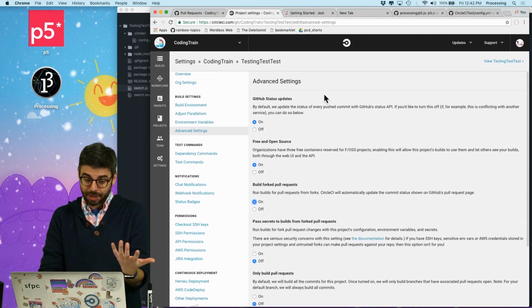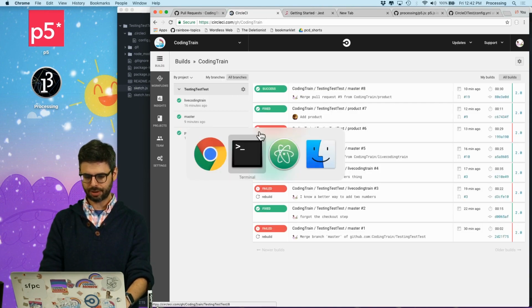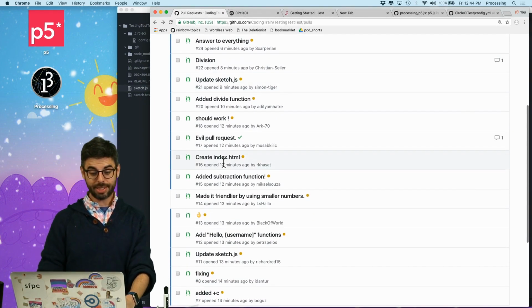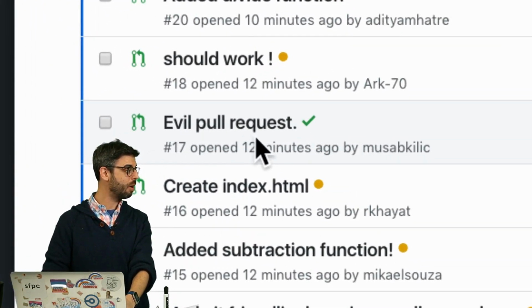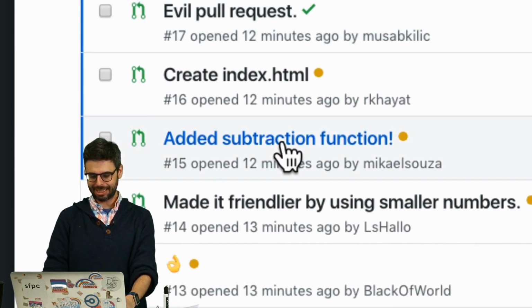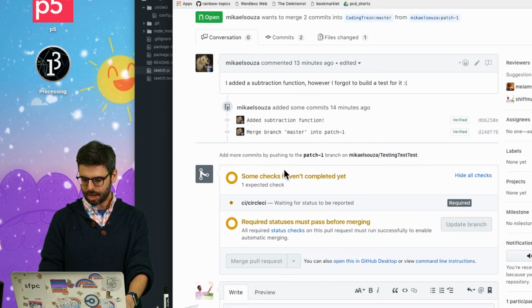I think it'll dynamically save. Let's see if I refresh here, if it starts running some of these status checks. Okay, we can see that these tests are now running. We can see evil pull request somehow passed the test. I think some of them probably won't run until, let's see, required,